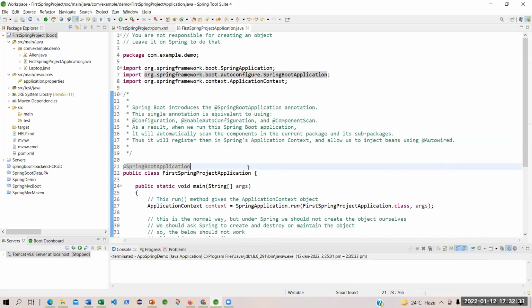This is an annotation. You know, in Java, we have used annotations, especially in JSP servlet, we have used so many annotations.